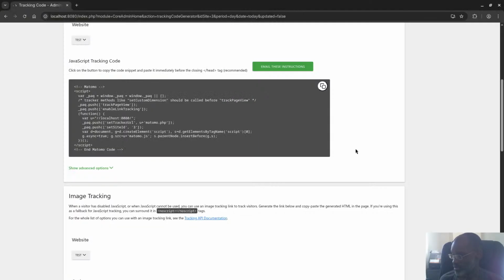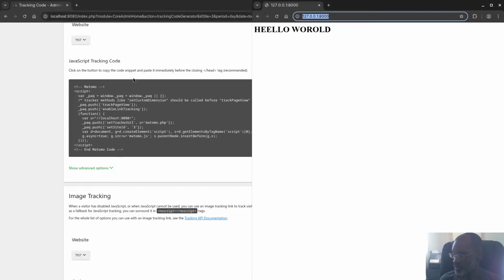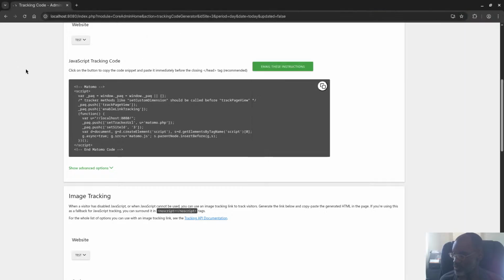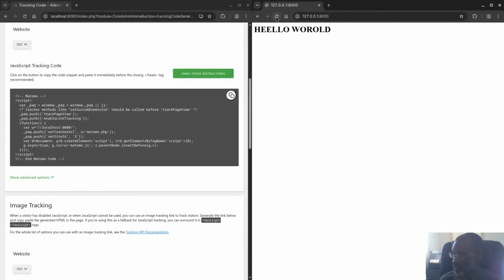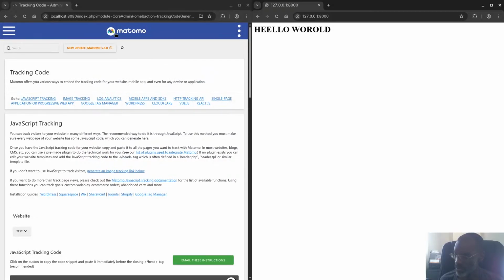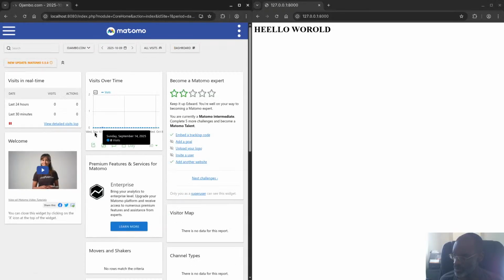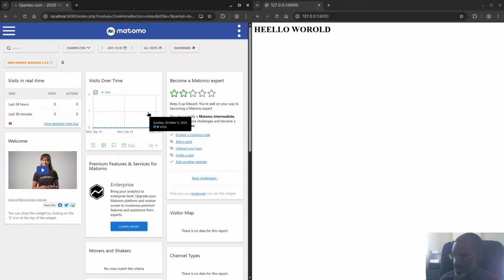Perfect. Okay, so with that, I can go here, and this one should be smaller. If I refresh a page, this should be tracked right now. So if I go back to the dashboard, there should be some tracking here now. I don't know how long it takes. Don't tell me it's like Google Analytics where you have to compare the day by day in order to see what is going on. So if I refresh again,